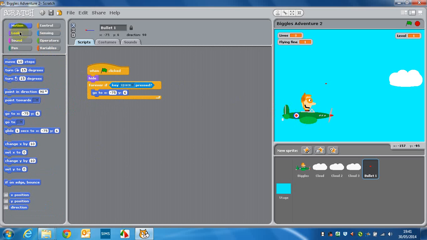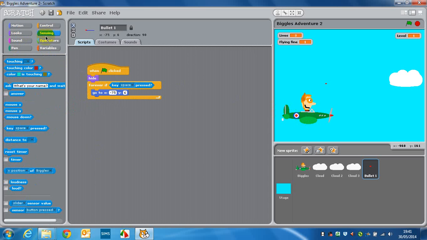So we can actually do this in the options here. Let's have a look here. Sensing. We can actually say the X position of Biggles, and then we can choose the Y position as well. We want it to go to the X and Y, wherever Biggles is. So it'll straight away go to him as soon as we press the spacebar. We may need to change this a little bit to make sure it's coming down to the wing, but we can sort that in a moment. Then of course we want it to show,